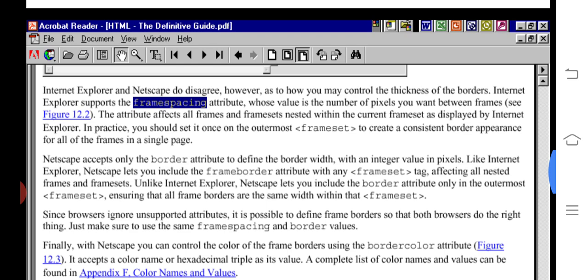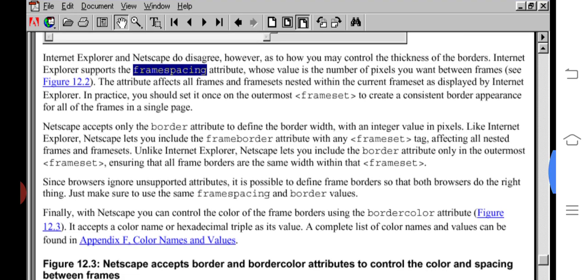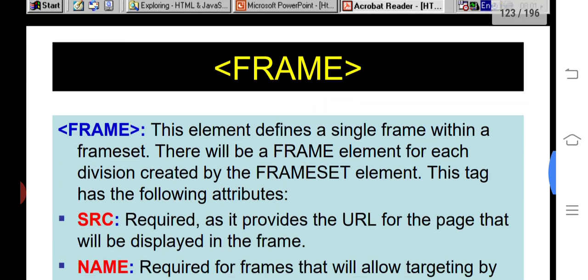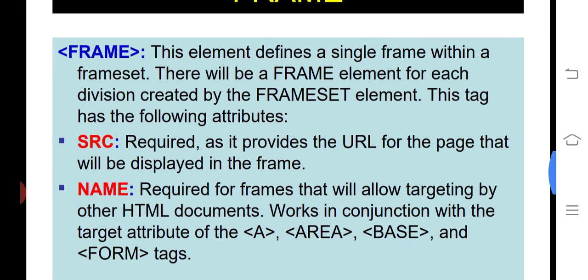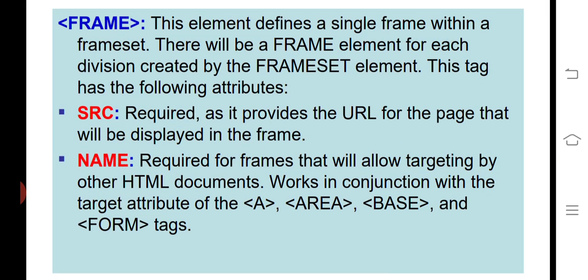Here, frameset: some frames are there in continuous running content. So the frame element defines a single frame within a frameset. The frame element for each division creates a frameset. Each division, each part creates framesets. So this tag has the following